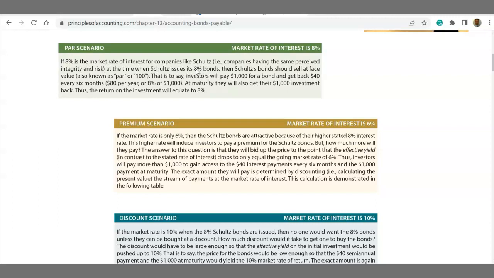That means this bond will be issued at par, that means at face value. Whatever the bond's face value is, that will be the issue price. So if it's a $1,000 bond with the market interest rate equal to the bond interest rate, that bond will be issued at exactly $1,000. However,